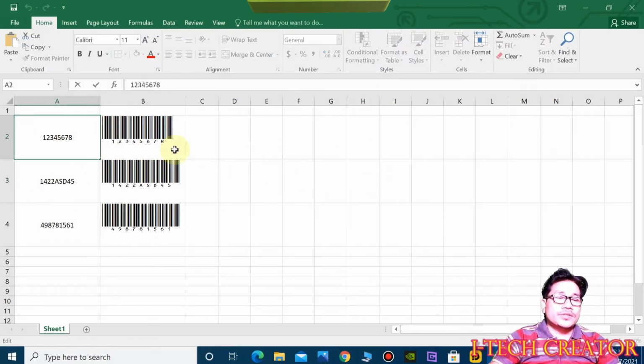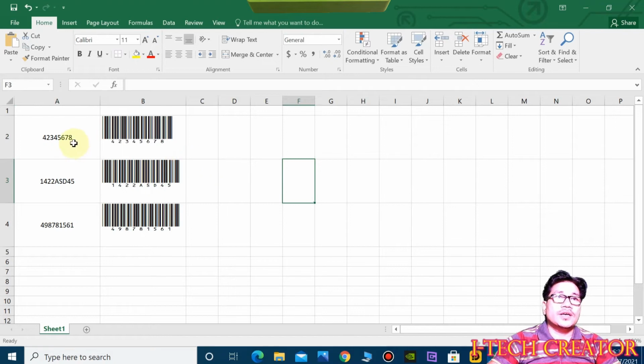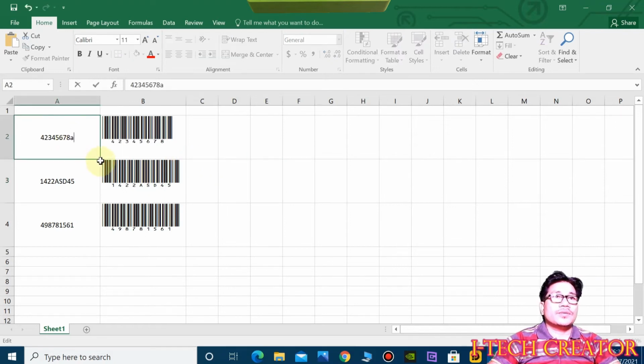If you change this word, you can see, guys. Yeah, yes, you can put